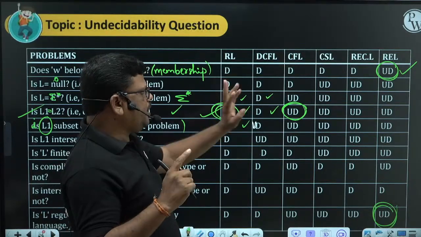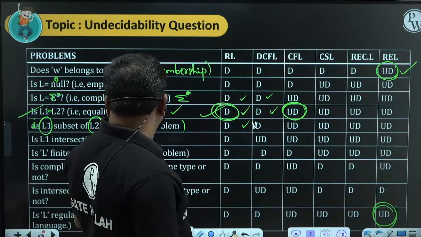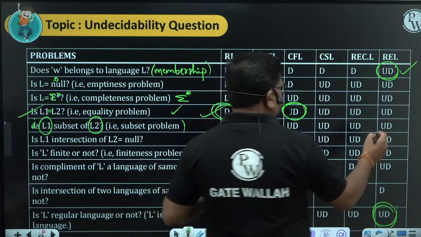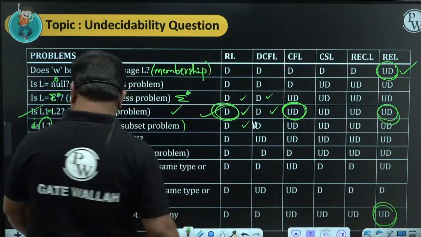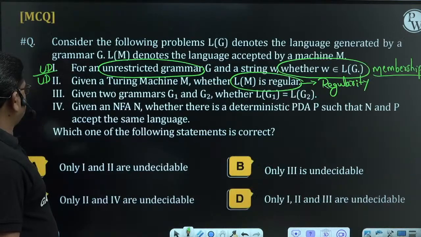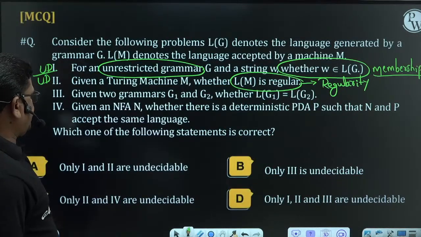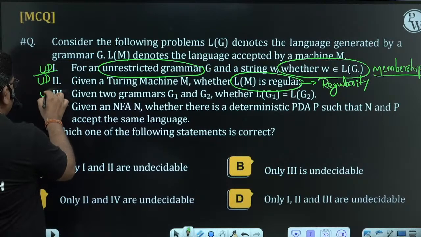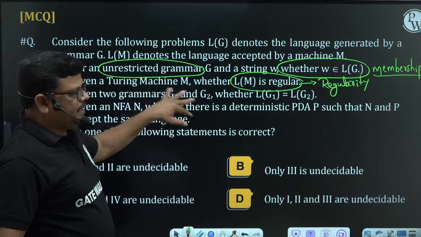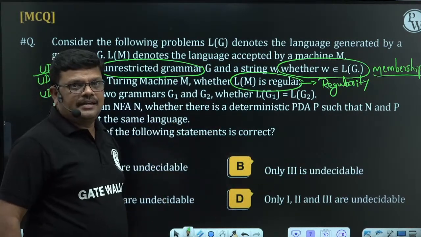The default we have to see is RELs. So equality of this is undecidable. So 2 grammars given, equality of this is undecidable. By default case, RELs, REGs.